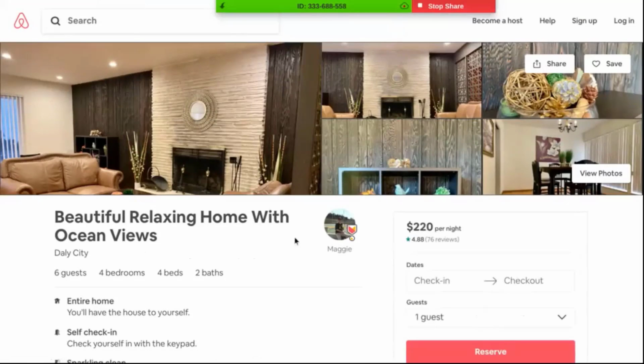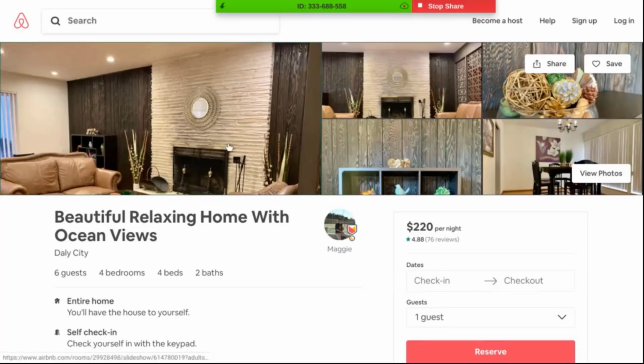Okay, so for example, right now the property is being listed for $220 a night. Remember, when I add up all of the amount of money they are asking for nightly in a week and divide it by the number of days of the week, I have the average daily rate. Okay.